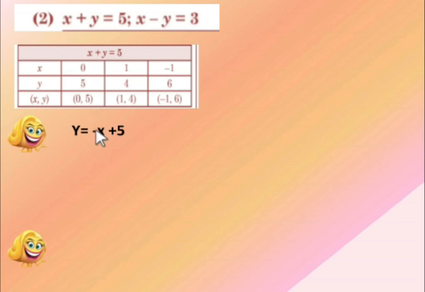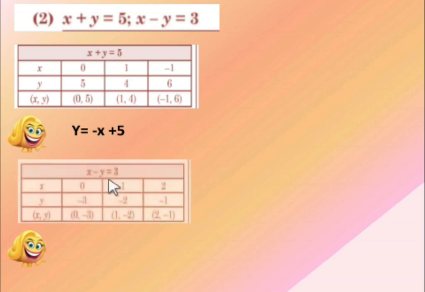Put x is equal to 0, you get y is equal to 5. Put x is equal to 1, you get y is equal to 4. Put x is equal to minus 1, minus into minus is going to plus 1, plus 5, 6. Directly, orally, you are doing it. You are not solving anything here in the form x plus y, then substituting, taking it to the other side. No. Please do it in this form. Your table will be easily done.